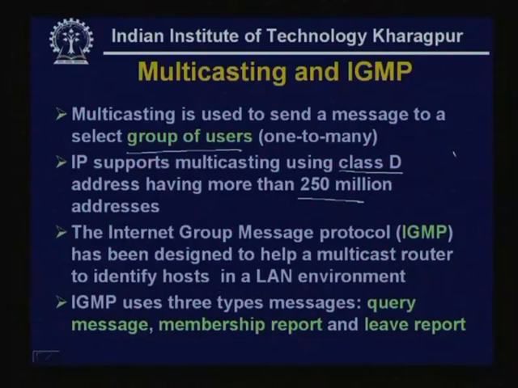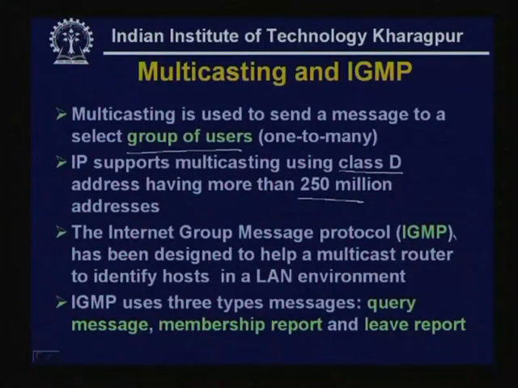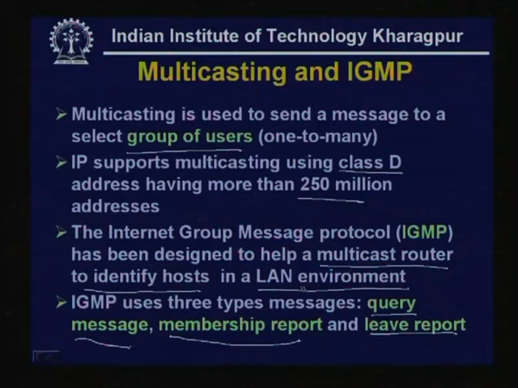However, to keep track of different groups, a special protocol is used which is known as IGMP or Internet Group Message Protocol. Do not get confused with the routing protocol. IGMP is not a multicasting routing protocol, but it helps multicast routing. It has been designed to help multicast routers identify hosts in a LAN environment. IGMP uses three types of messages: query message, membership report and leave report,